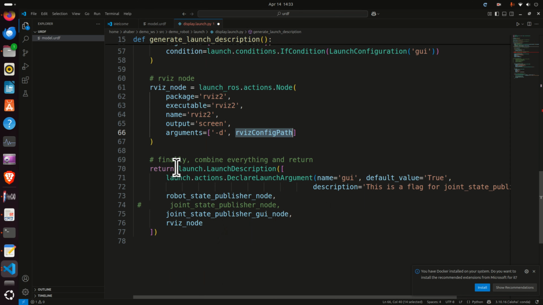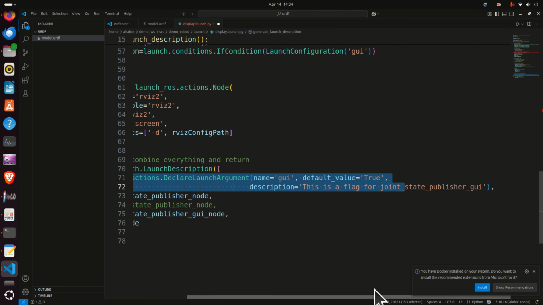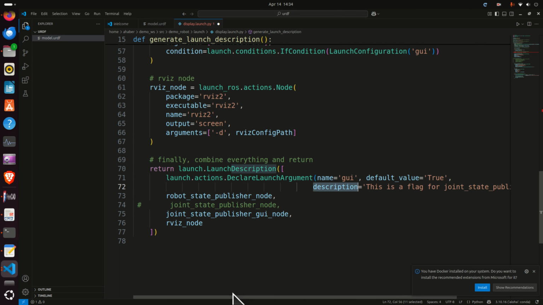So we do return launch, then we call launch description, and we specify over here the launch arguments. Let's see what we specify here. We specify the name should be graphics user interface, default value true, and here we specify the description. This is the flag for the joint state publisher graphics user interface. Then we specify that we want to run the robot state publisher node, joint state publisher node, and an RViz